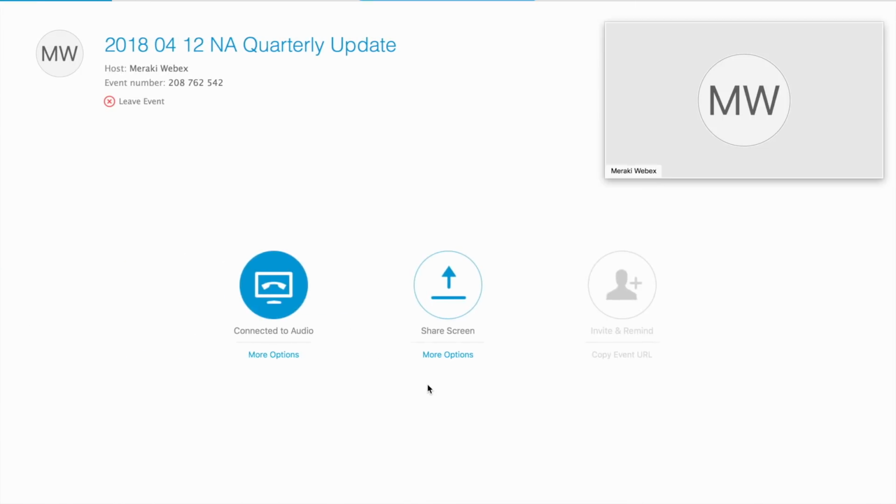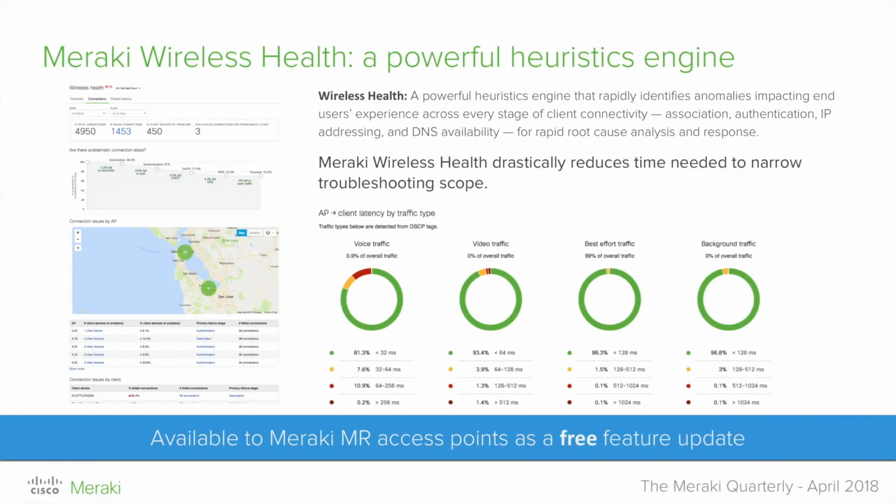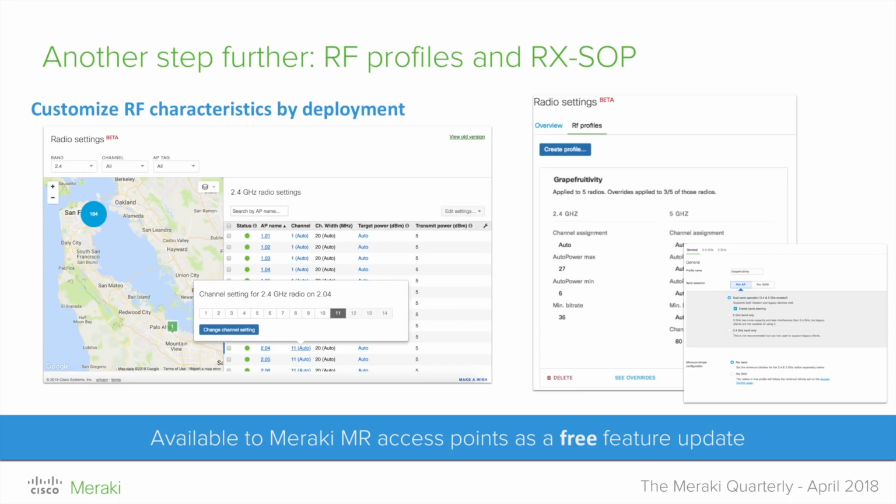So that, in a very, very quick nutshell, is Meraki Wireless Health. It's very powerful. We think it's going to help you immensely drill down to find the worst performing clients, the worst performing access points, and better understand any sort of sluggishness or latency issues on your network, and be able to actually look at specific connectivity steps as clients associate and get onto a wireless network and troubleshoot those.